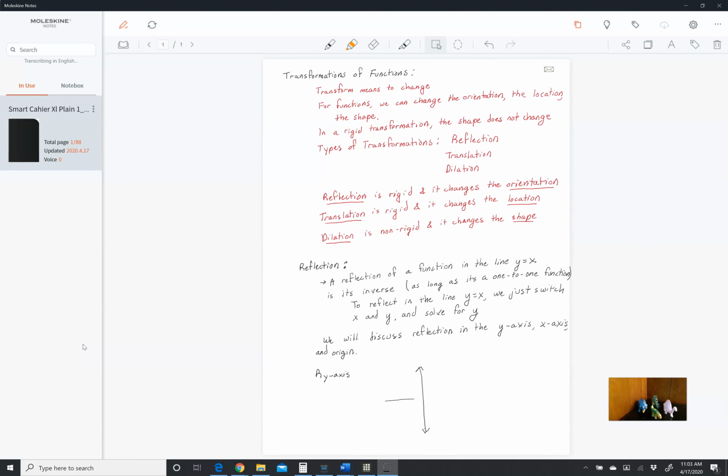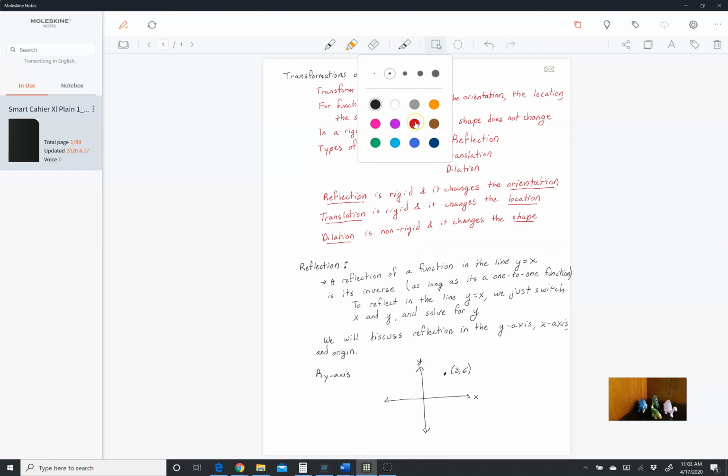So we can draw our axis. We know we're using the xy coordinate plane here. So let's take one point, and we'll call it (3, 6), okay? And we're going to ask, what is its reflection in the y-axis? Well, the reflection in the y-axis